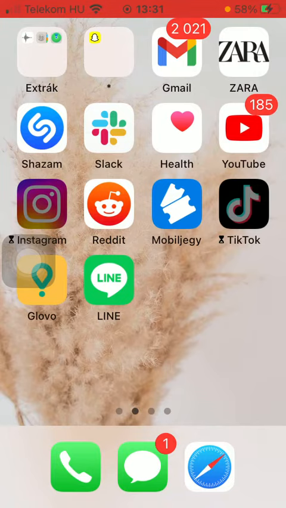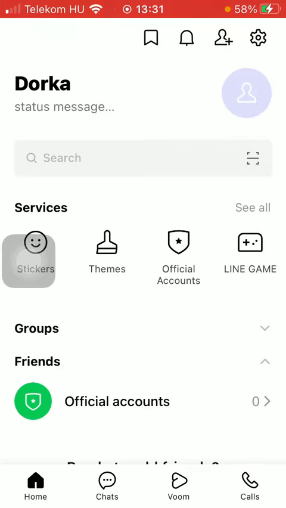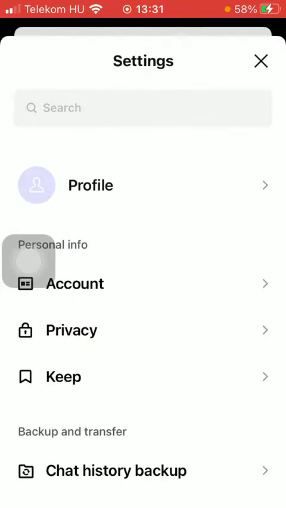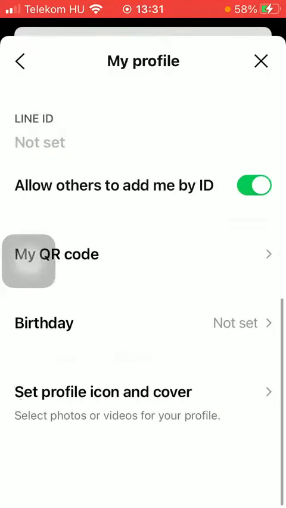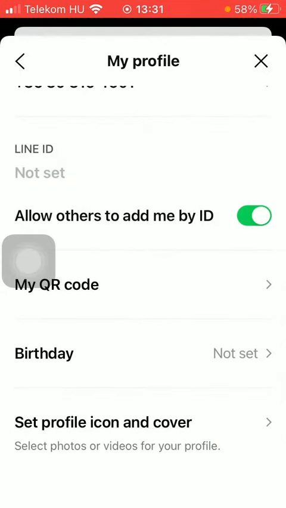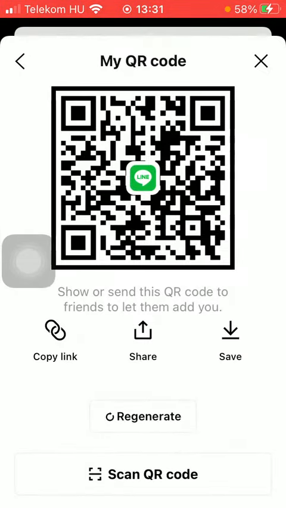First of all, open the application on your phone. Then click on the home button down below, and in the upper right corner of the screen click on this settings button. Then tap on the profile option below the search bar, scroll down and click on the My QR Code section. Here you can find your current QR code that you can copy to Linkboard and send to your